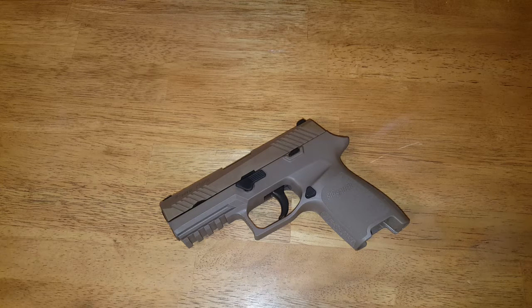I have now about 2,000 rounds on the platform, and there's no malfunctions that the pistol has had. I had some malfunctions due to ammo, but that was because of my reloading and of incorrectly reloading ammunition. But the gun itself has been impeccably reliable, which I think is the standard today for most polymer frame pistols. Just the modern processes of how they make these things. You should still go out, shoot a number of rounds through your gun to make sure it is reliable. These things are mass produced, and you could get a bad one still, but for the most part they are,